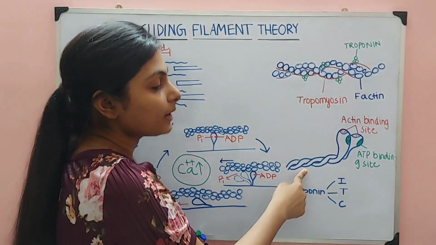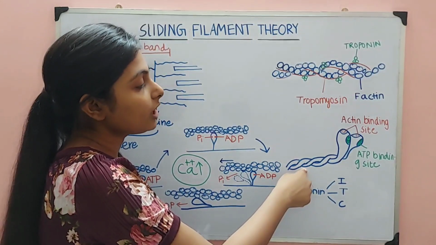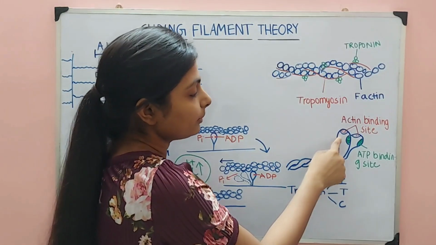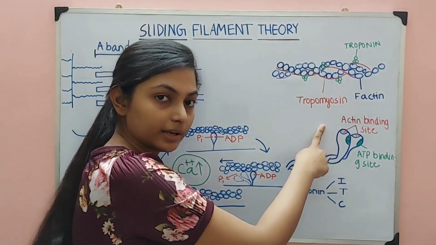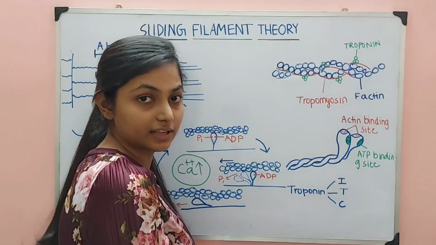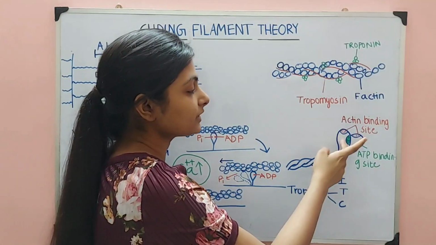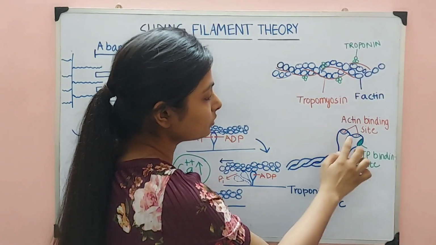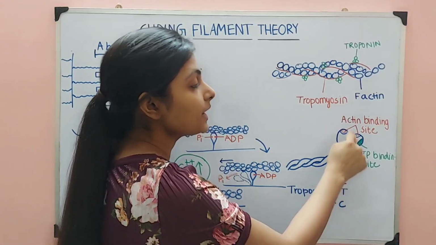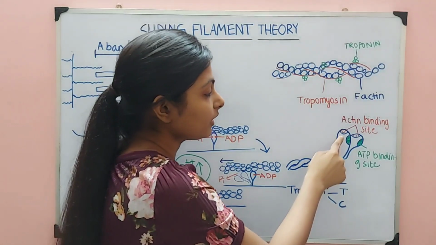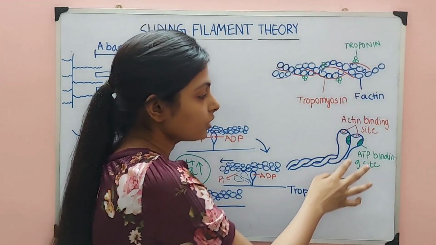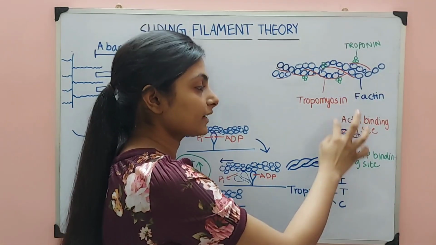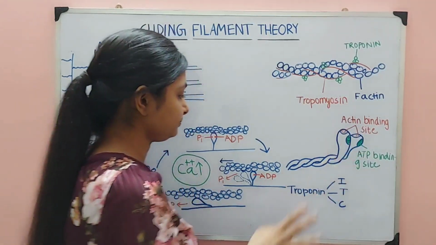This is the myosin filament. Over here, how they can ask you a question is there are 2 sites, right? One is the actin binding site and the other is the ATP binding site. So they can ask you which one is the ATP binding site and which is the actin binding site. So just make sure you know this. The one present on top is for the actin, and the one present below is for ATP. So ATP binds over here and actin binds over here on top.